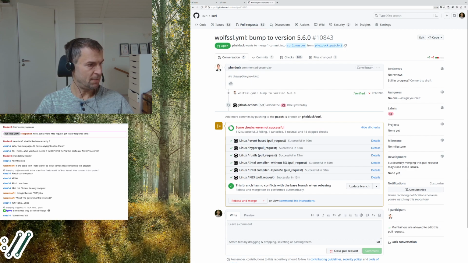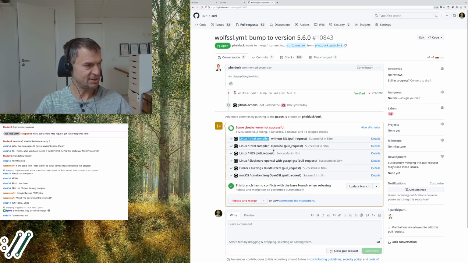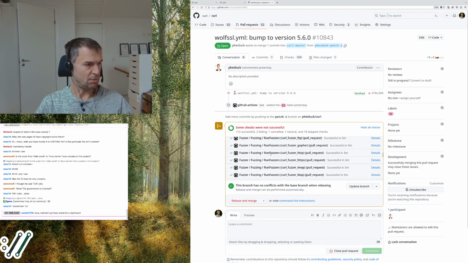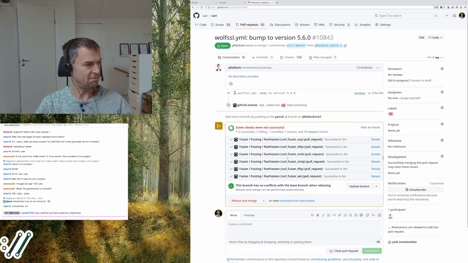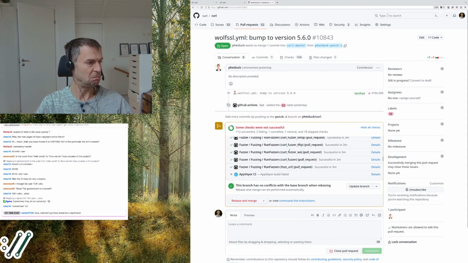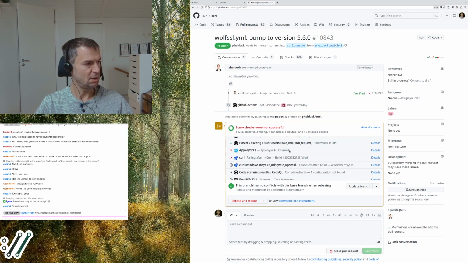A build with Hyper, a build with Rustls, a build using the Intel compiler, because the Intel compiler is extra picky on different things, and one without TLS and one with OpenSSL. And then there's a build with NSS, and on and on, and then a bunch of different fuzzers on different things, which run for a while and just verify that everything is still not super broken.